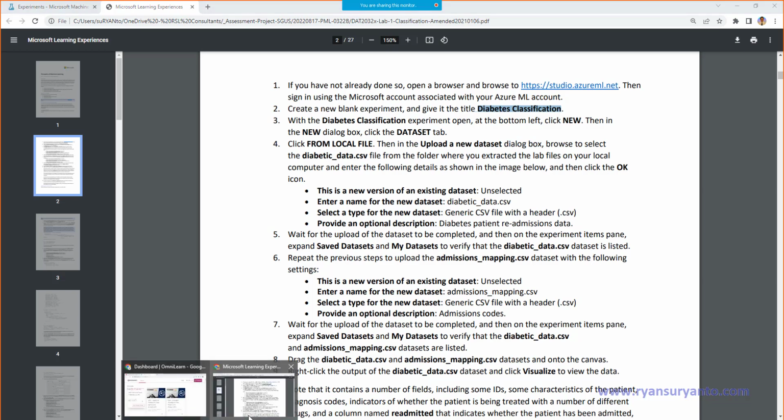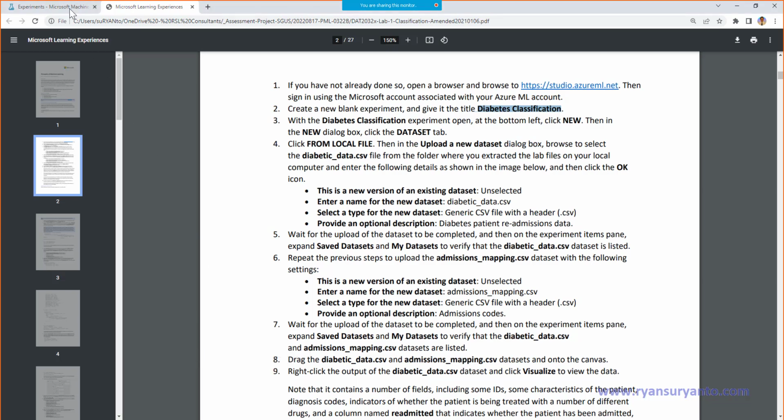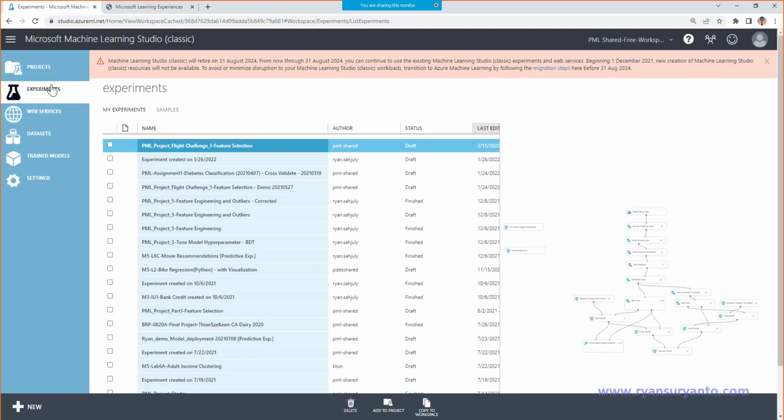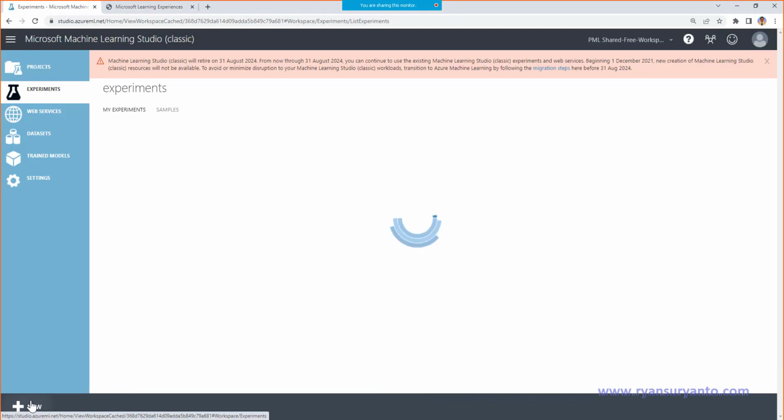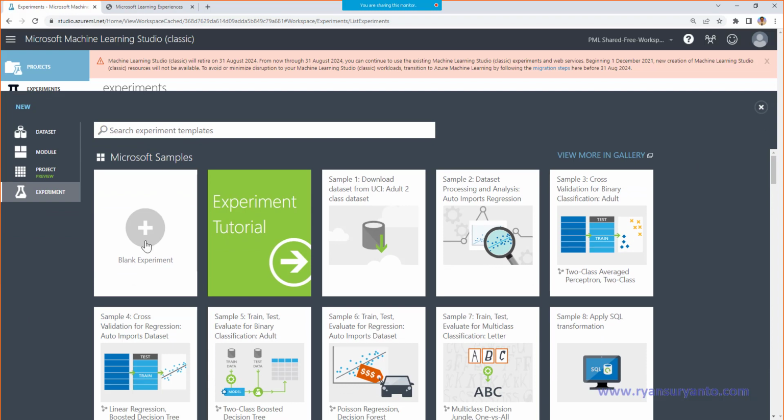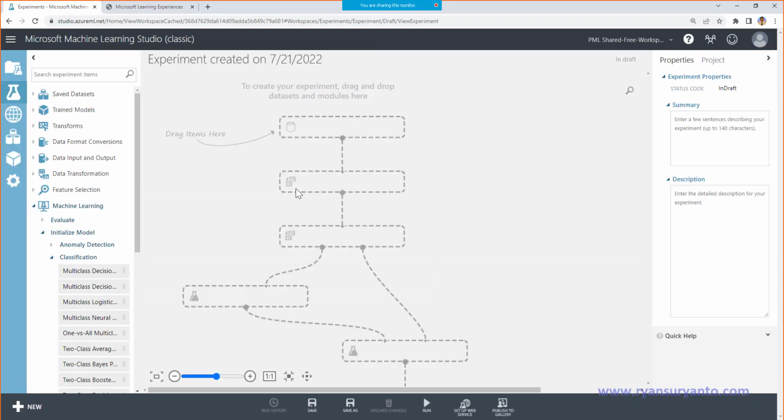Okay, so this is my experiment. I create a new blank experiment, and then change the title to diabetes classification, or lab 1.